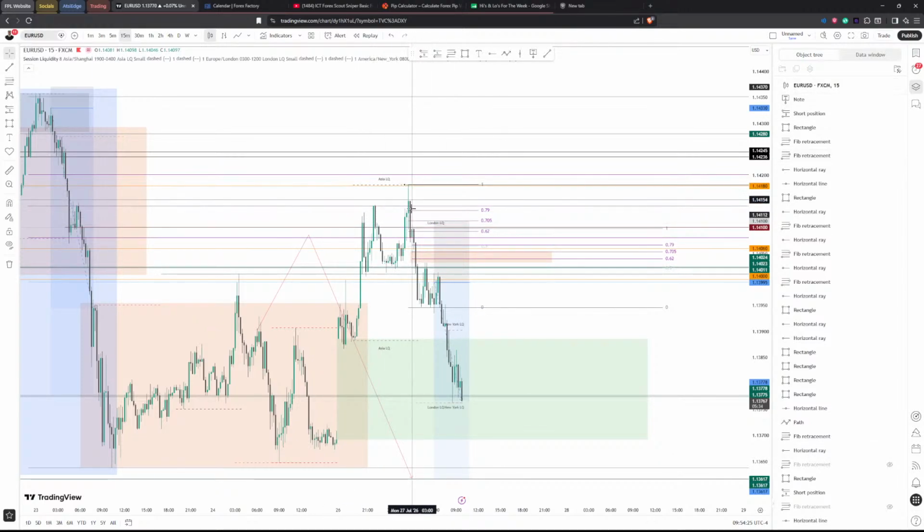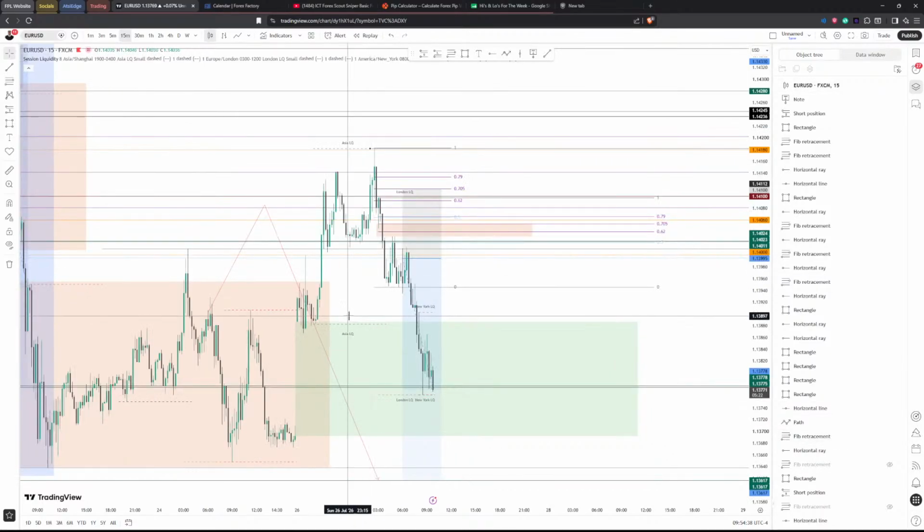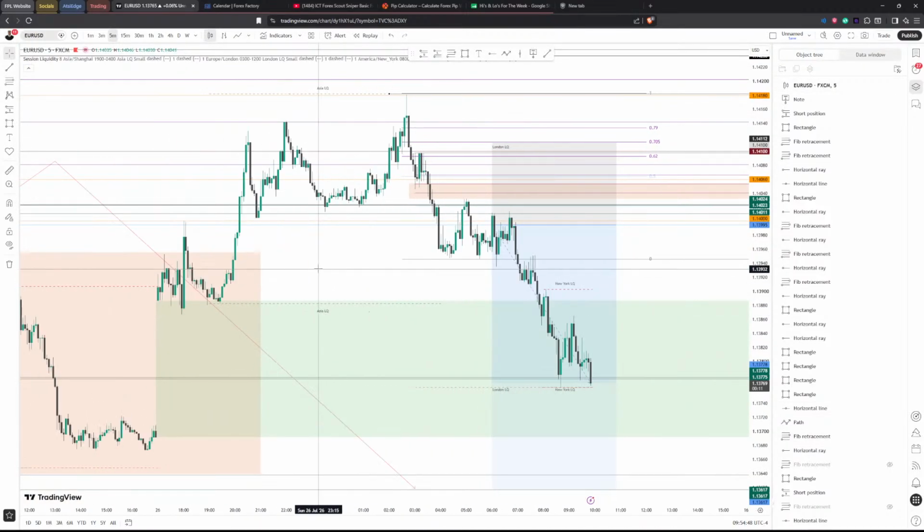So anyway, we take our liquidity, and we did get displacement here, but this is last week Sunday, so it doesn't matter. Well, no, not last week Sunday, this Sunday. So if you would have gotten in here, it's not the best. No, it's not even displacement. That's too small for me personally. But displacement on its own is not enough. It has to take out a very valid swing low. So if I zoom in a little bit more, you can see there's not even a fair value gap here.